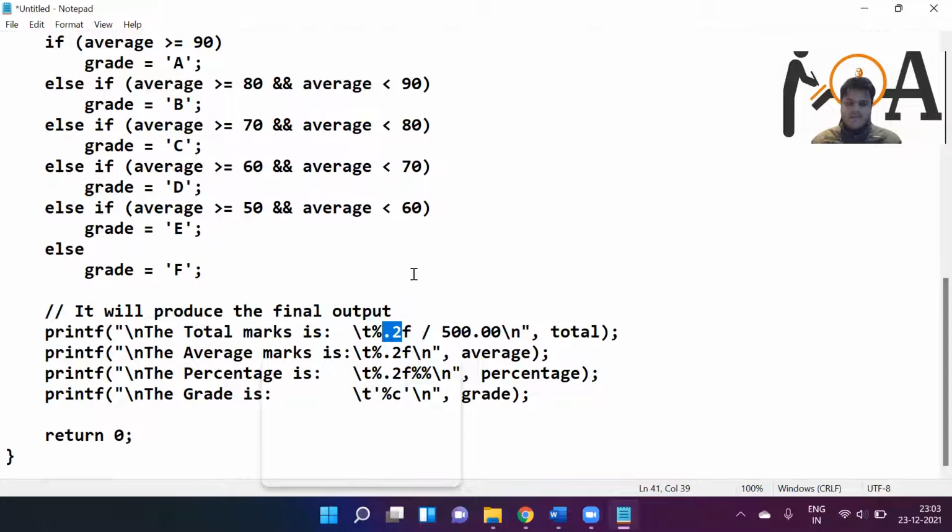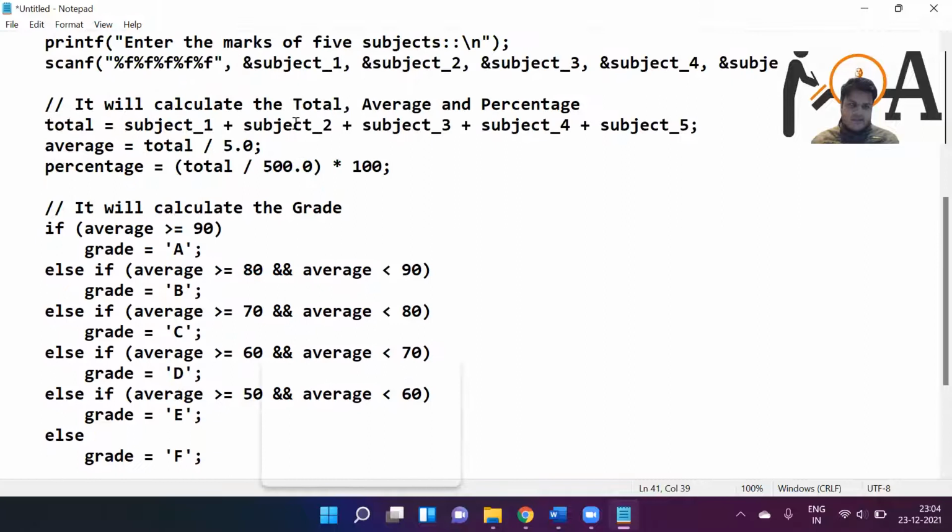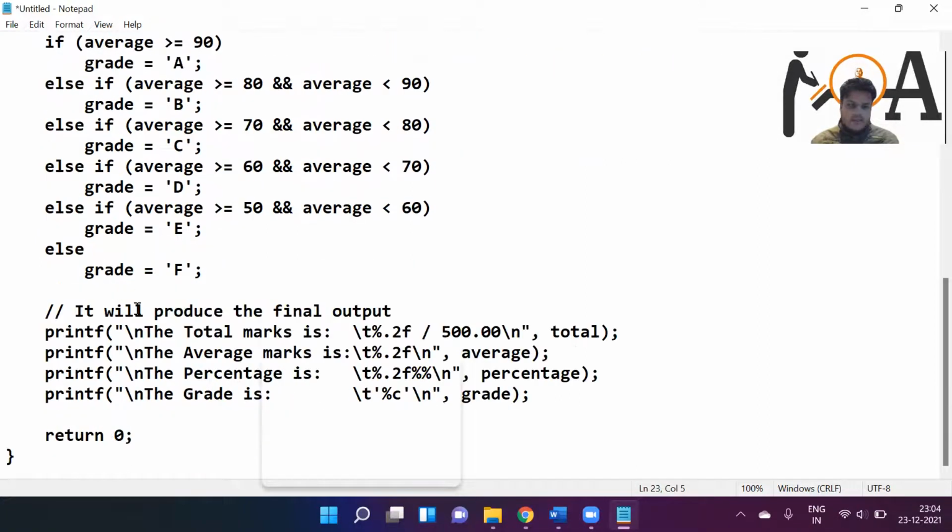If the total is, let's say, 300, then it shows 300.00. If they are in decimal, we take up to 2 point precision. Average marks is the average we calculated, total divided by 5, as we collect 5 subject marks, with the percentage up to 2 decimal points.